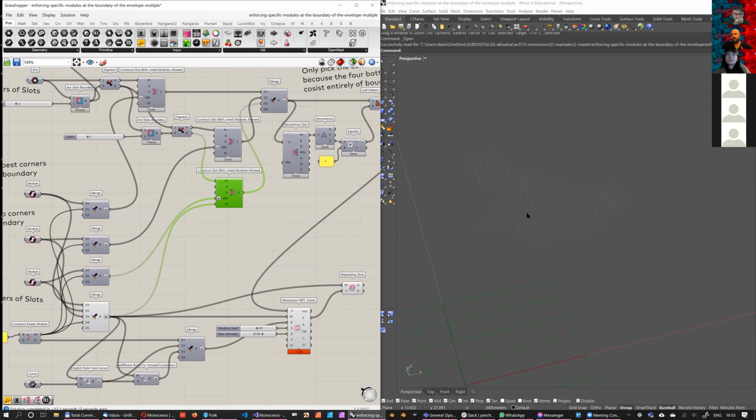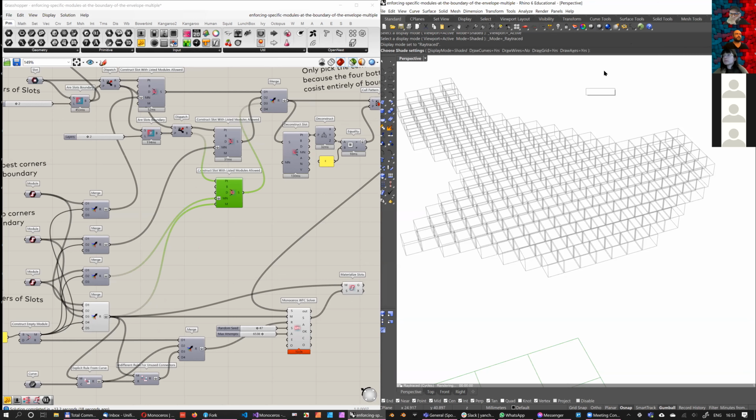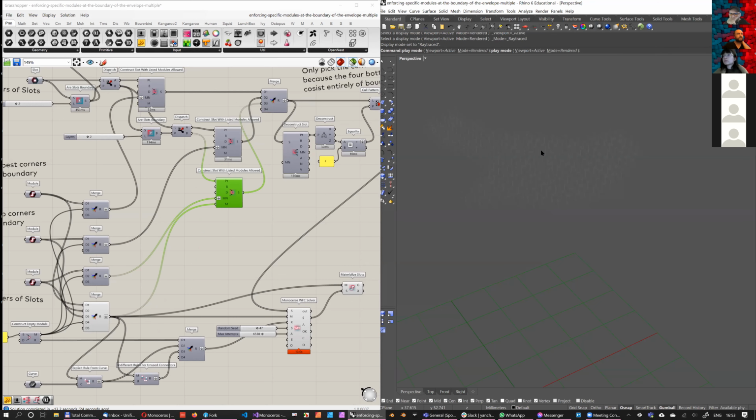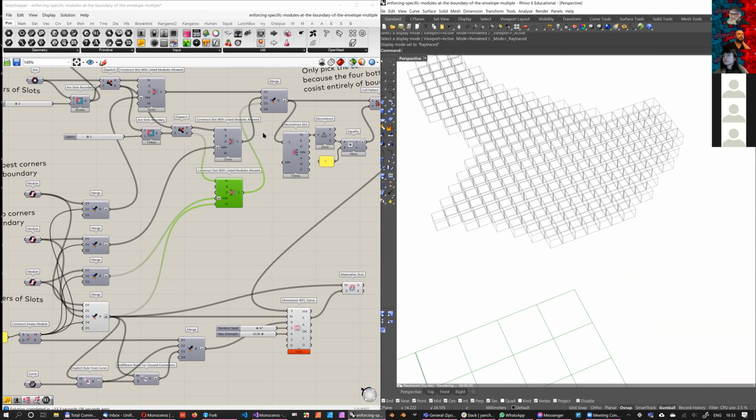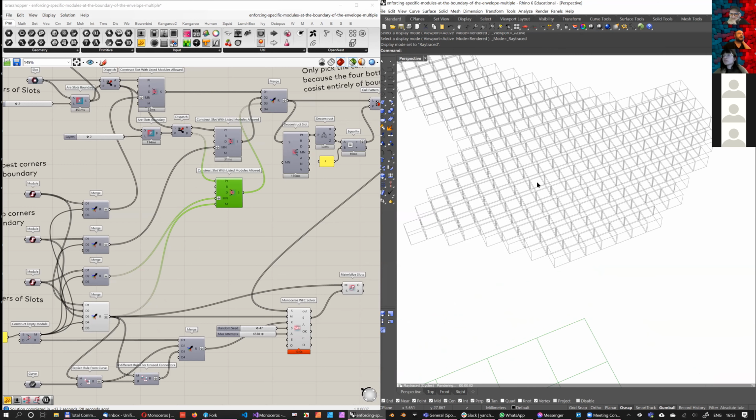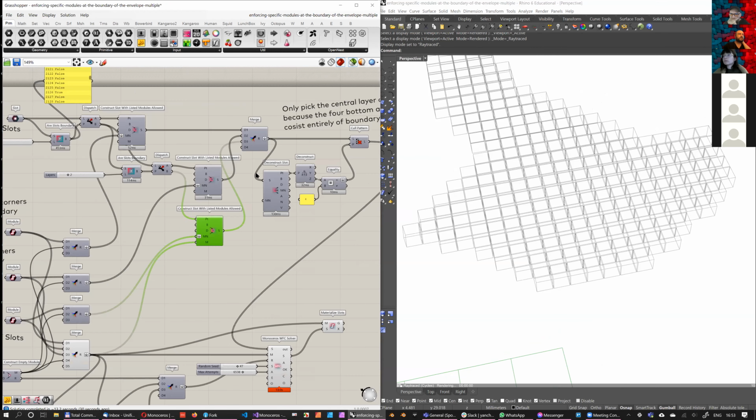It's very gray because it allows quite a few. I should switch to some different view. Yeah, shaded. Okay, that worked. I can use shaded. So now they are almost black because they only allow a couple of modules to be placed. So this is how I recreated the core of